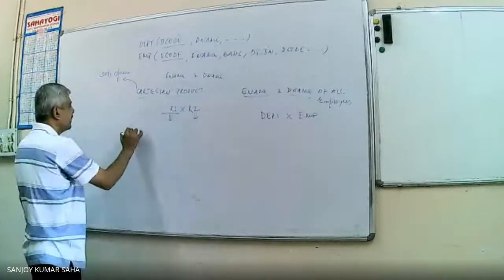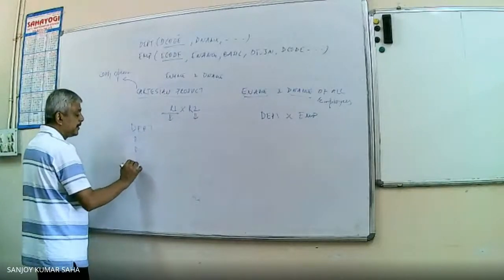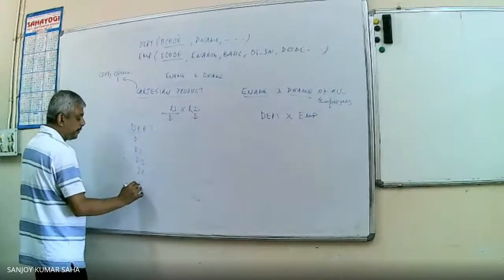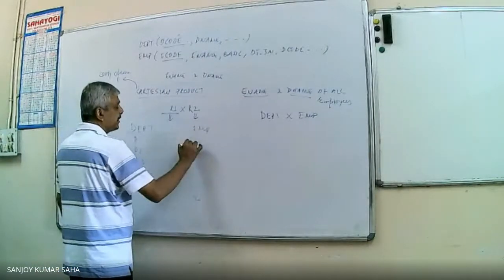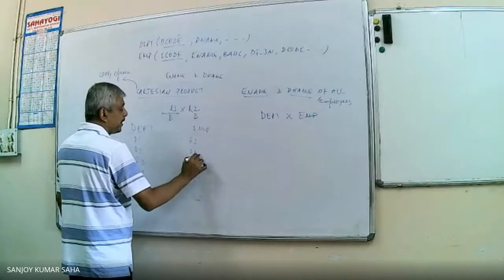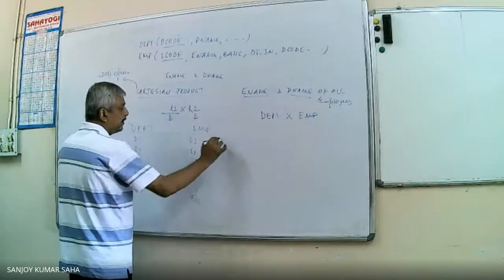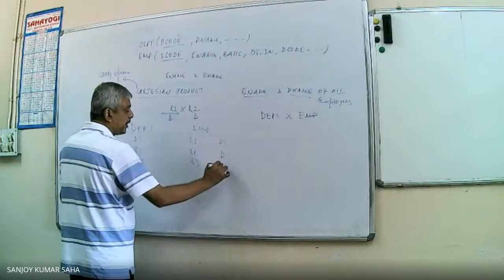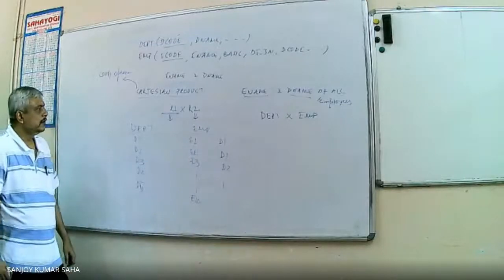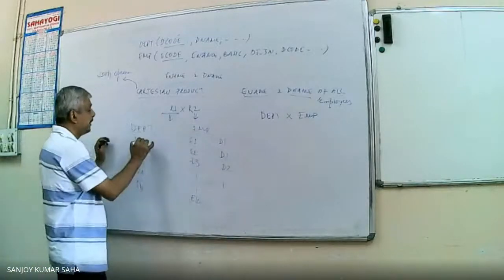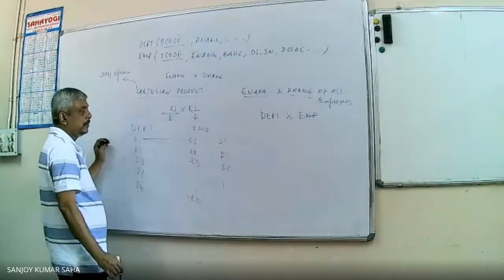Now suppose in the department table, we have the departments D1, D2, D3, D4, D5. And say all together, there are say 1000 employees with employee code E1, E2, E3, this way, E100, working in department D1, D1, D2, this way goes on. Now in this Cartesian product, what will happen? It will combine with this, it will combine with this, it will combine with all.